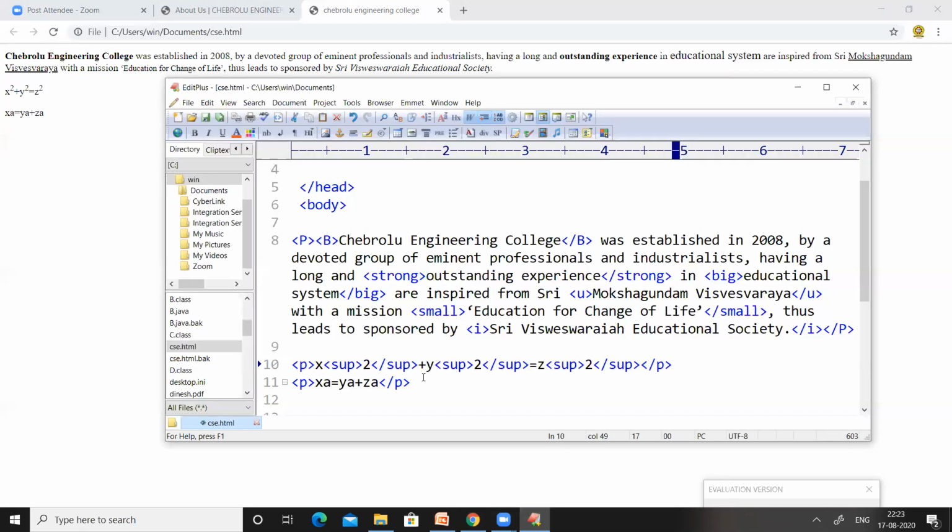In order to make that a somewhat below x, below y, or below z, use a tag called the subscript tag. Let us see the output for x, and we can change it for y and z later.